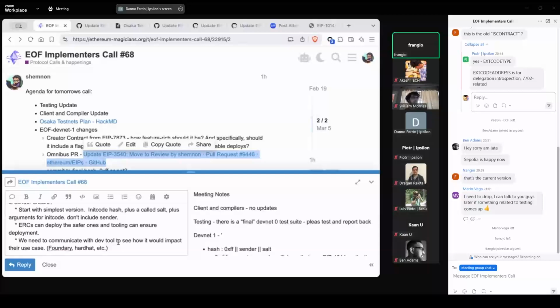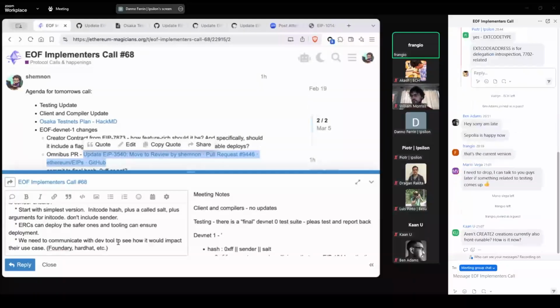Anything from the transaction context could change. I don't know what could happen if you include some blob in the transaction, right? Does that affect the contract deployment in any way? Or any future transaction parameter that could be readable within the init container could result in a problem.